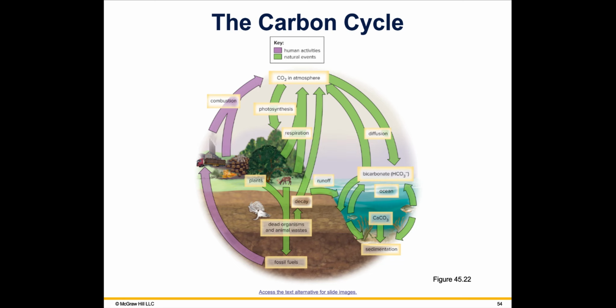So, what are we doing? Well, we burn fossil fuels and we deforest. So, when we dig up these fossil fuels and combust them, burn them, it releases carbon dioxide. When we cut down trees, then we don't have a place for carbon dioxide to be stored as sugar from photosynthesis. What we also see is that we have this excess carbon dioxide sinking into our oceans as bicarbonate, but